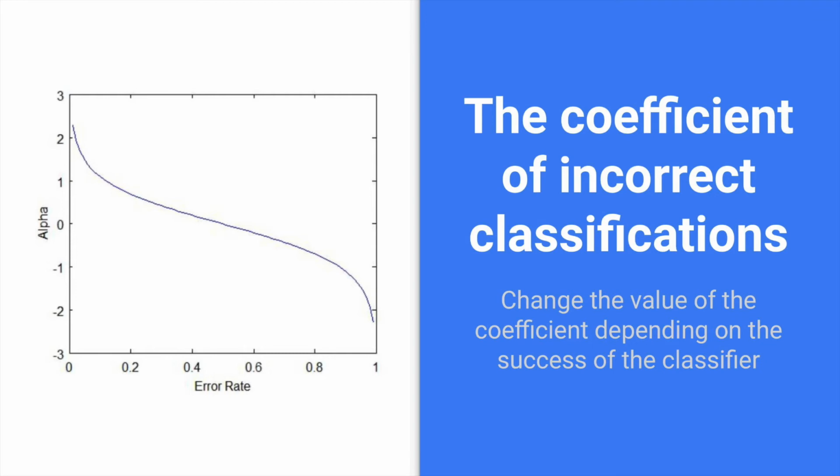There are two cases of the alpha function. The value of C is positive when the predicted and actual results coincide, i.e. the point has been classified correctly. In this case, we reduce the point's weight because the work is going in the right direction. A value of C is negative when the predicted result does not match the actual result, i.e. the point was misclassified. In this case, it is necessary to increase the point's weight so that the same erroneous classification is not repeated in the next classification. In both cases, the basic classifiers are dependent on the result of the previous one.